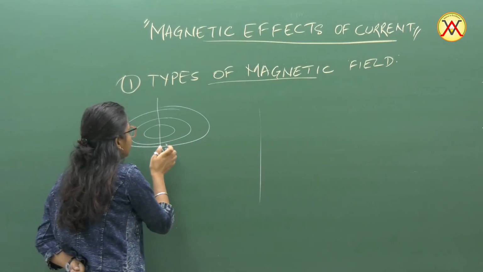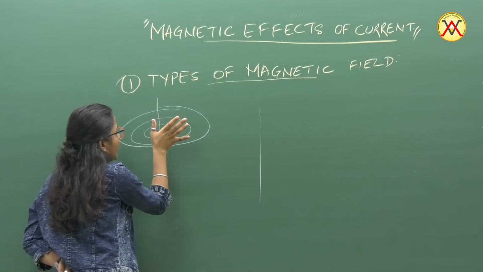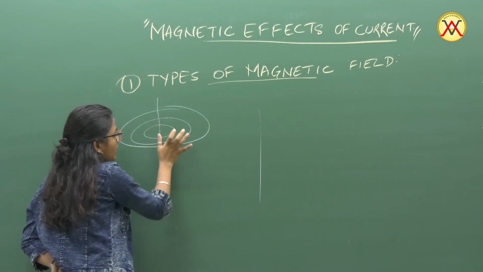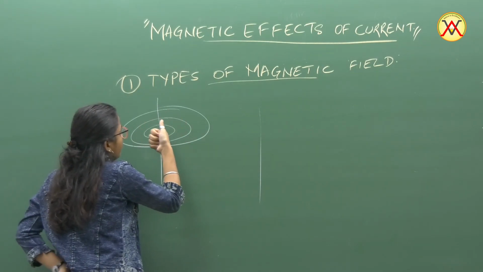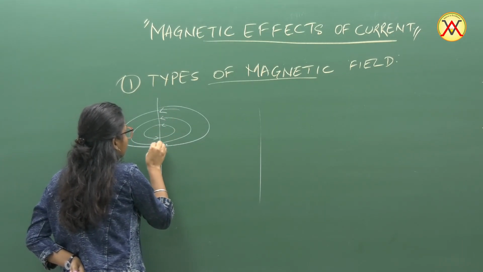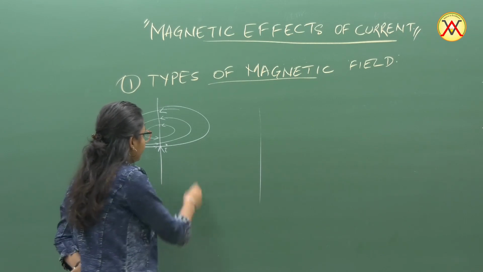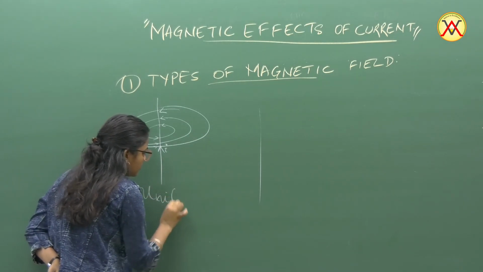From here, applying our Fleming's left hand rule, the magnetic field, when current is going in the upward direction, will be in anti-clockwise direction. This kind of field is known as